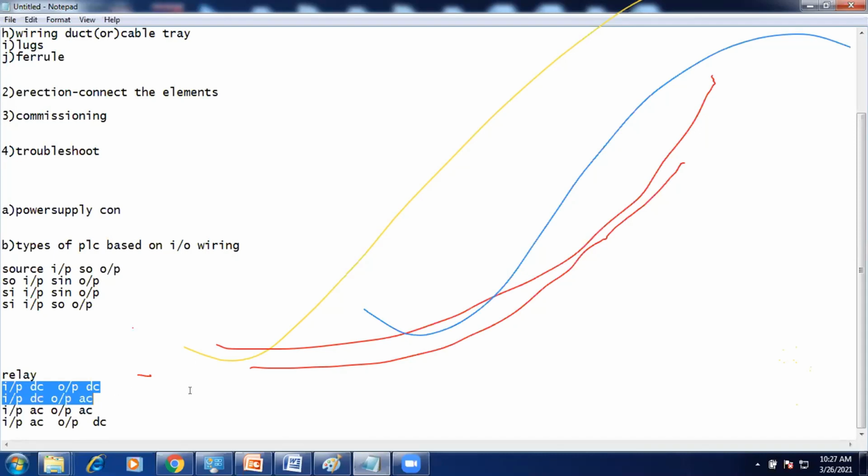So how can we connect under this output part, or otherwise, from the PLC we are getting input voltage DC, so how can we switch it into AC? Like that we will discuss. After this discussion, we will move to PLC real-time connections. Okay.